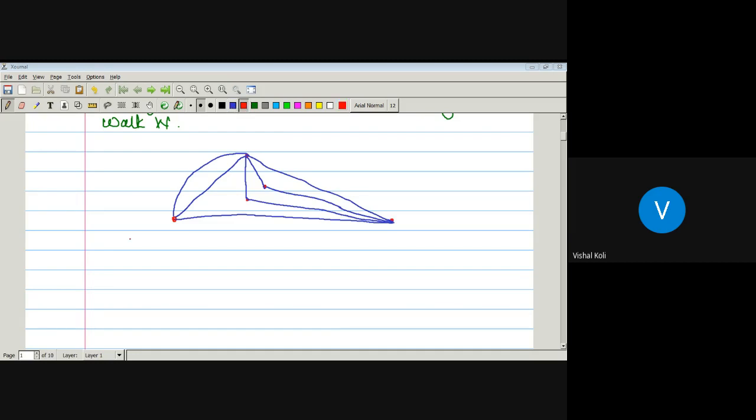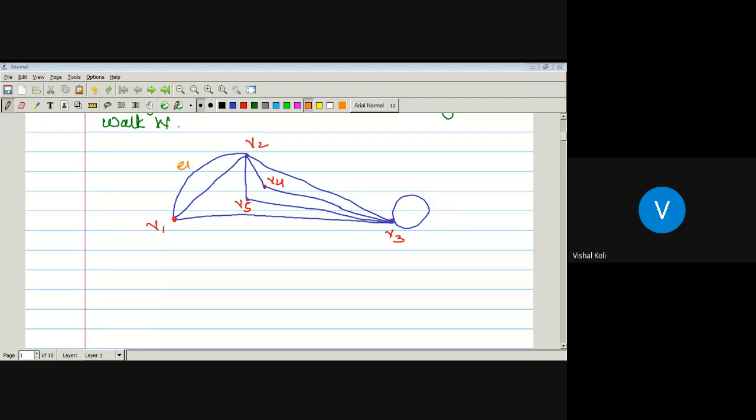Okay, so this will be vertex v1, vertex v2, vertex v3, vertex v4, and vertex v5. Maybe one more edge is there. Okay, and edges are nothing but